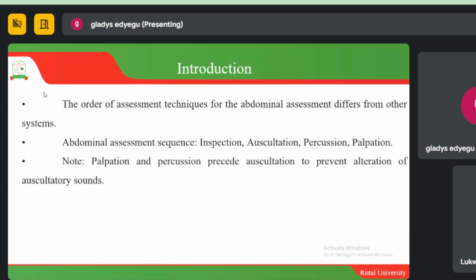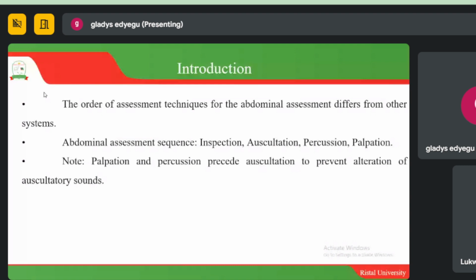So the introduction, basically, we are saying that the order of assessment techniques for the abdominal assessment differs from other systems. And as we go along, we shall realize that we don't assess the abdominal region the same way we assess the other areas of the body. And the reason is basically clear: abdominal assessment follows the sequence of inspection, auscultation, percussion, and palpation. This is contrary to the rest of the assessment when you're doing the other parts of the body,